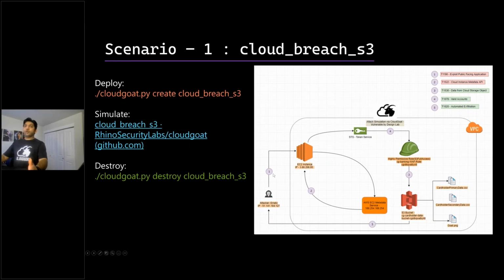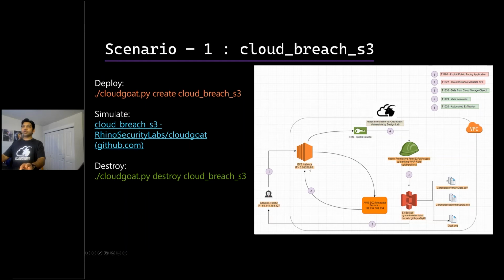So if you notice here, there are various TTPs that start popping up. The first is the attack technique T1190, which is basically exploiting a public facing application. The second is the actual command that you'll issue to the EC2 metadata service to get the role that is attached to this EC2 instance. The third is you'll initiate a request to dump the credentials for that role which is attached